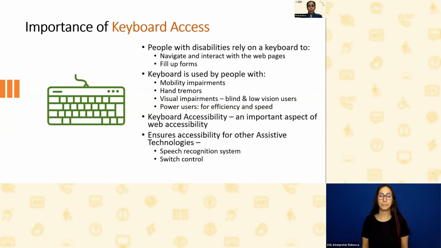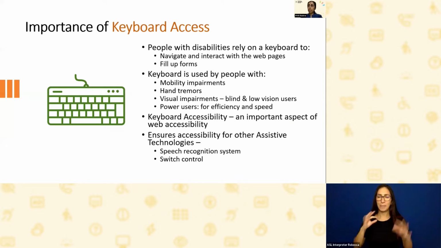Not only people with mobility and visual impairments, keyboard is very important also for power users, who want to efficiently and quickly get their tasks done. They would generally rely on a keyboard. And it can also help someone whose mouse has stopped working, a situational disability. A keyboard would come in handy. This would all be possible if our solutions are made keeping in mind the requirements of keyboard access.